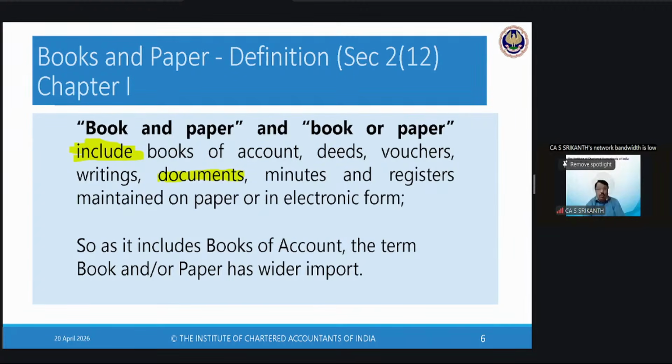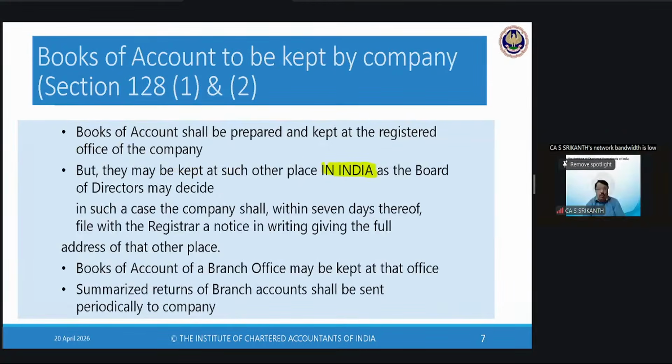So, books and paper, or book or paper, is a wider term. Very important, 121 and 2. Books of account shall be prepared and kept at the registered office of the company. Ladies and gentlemen will note, a company may have many offices. It may have a corporate office, it may have an administrative office, and so on. But there can be only one registered office, which is recorded with the registrar of companies, that is kept, that